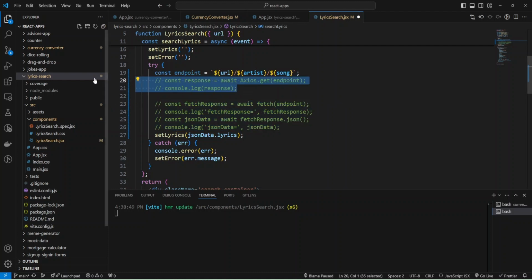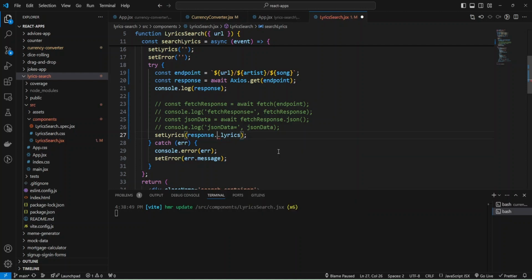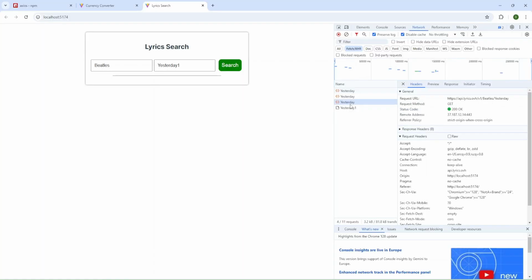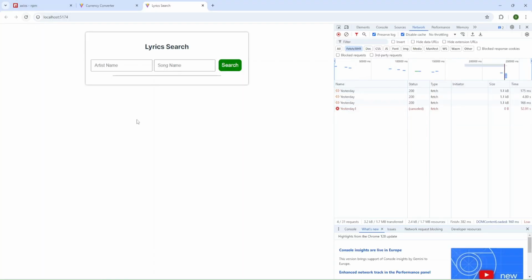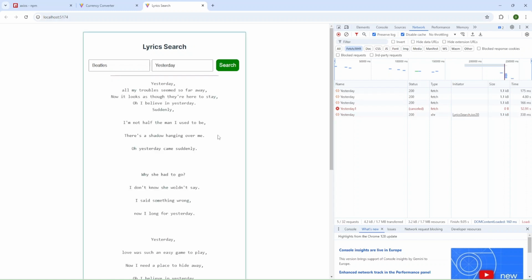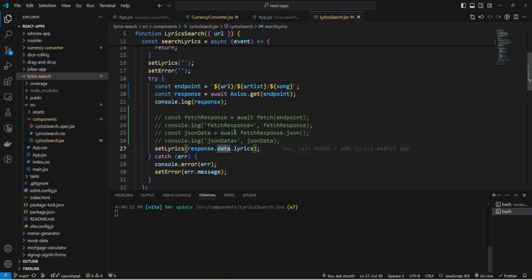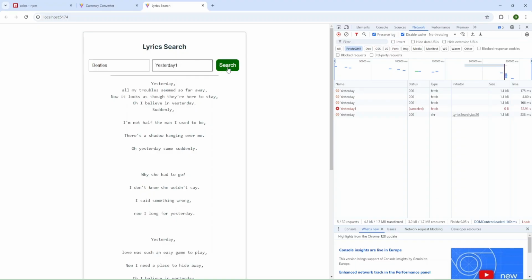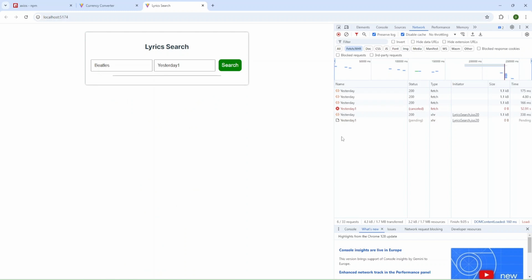Return to my Axios code and show you timeouts. Here I'll change to response data lyrics again, and we're still waiting. I'm going to refresh and provide details. Yes, today. Okay, we got our text, and let me add Yesterday, and we're waiting.